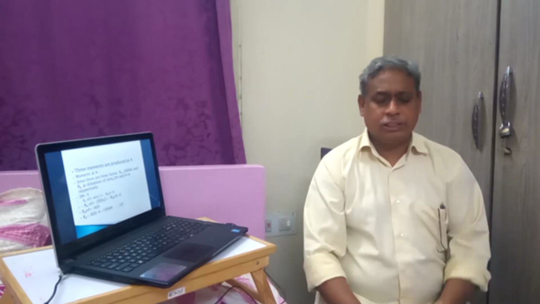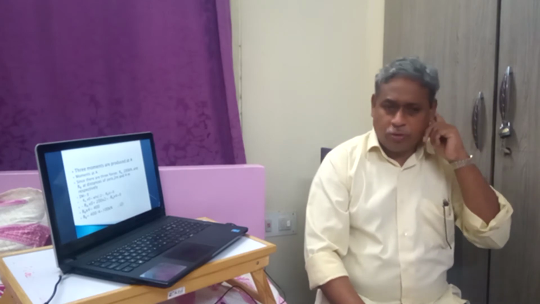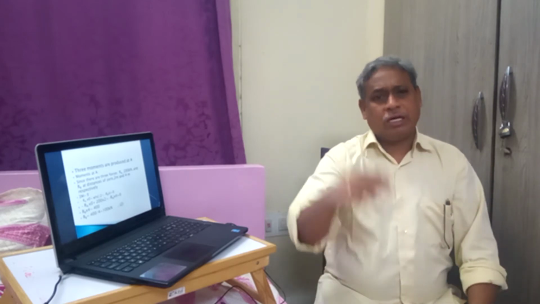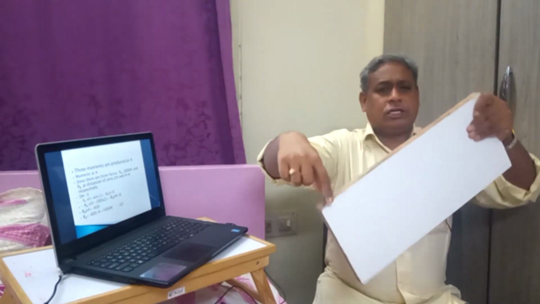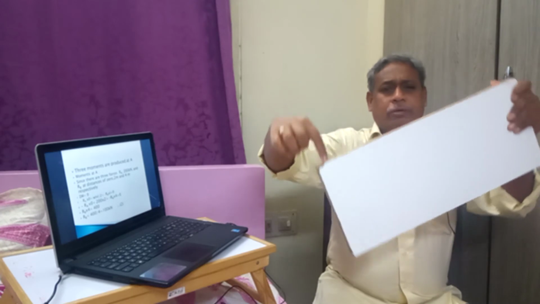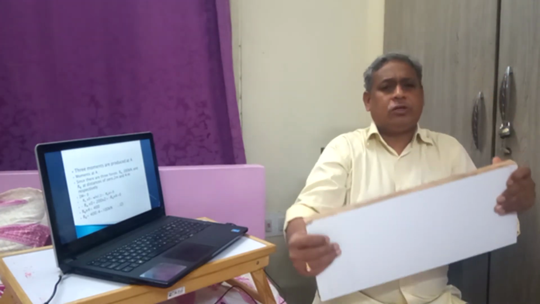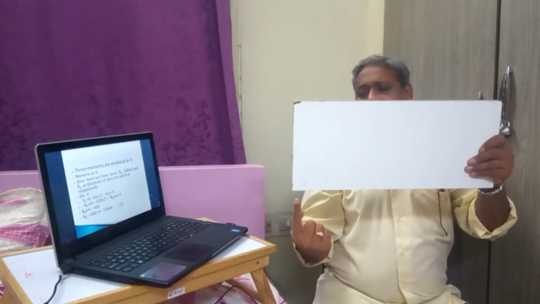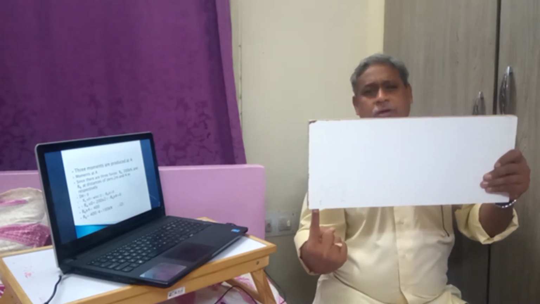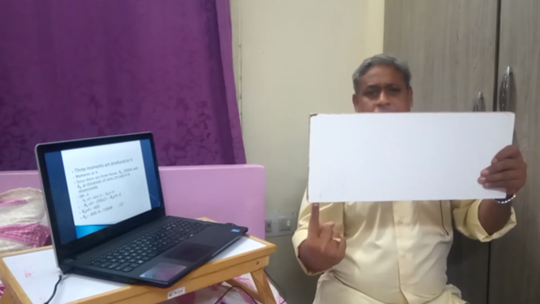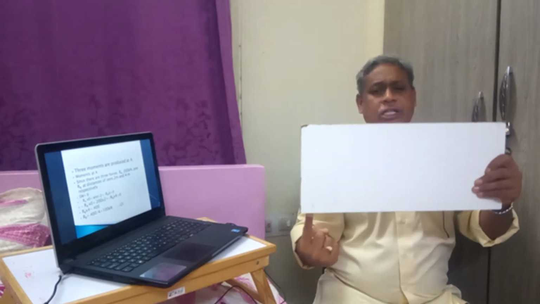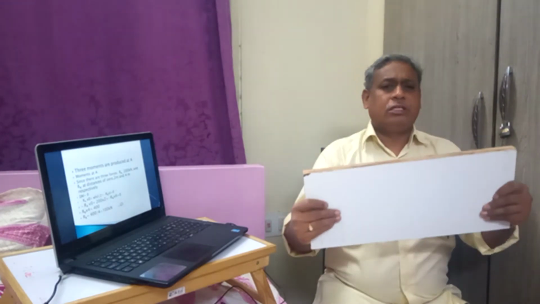As you know, we consider the clockwise moment as positive. The force coming from the top is producing a clockwise moment. This force is turning the beam, or this plank, in the clockwise direction. That is why it is a clockwise moment. Similarly, when a reaction force is coming from below, if my finger shows the reaction force Rb, then the rotation will be in the anti-clockwise direction.